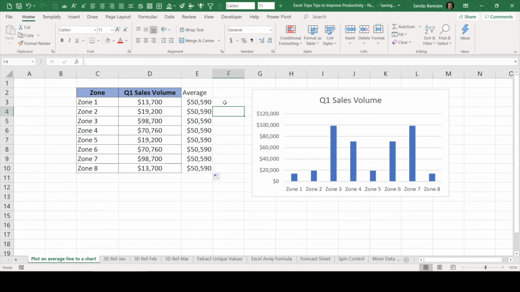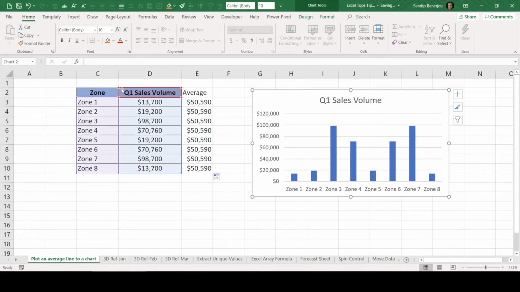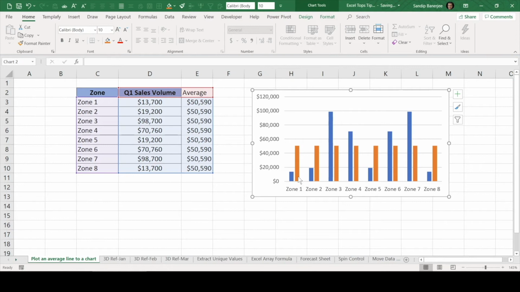Now our next step is we need to go back to our chart. We need to select that. You can see that currently this particular 2 columns are selected. And what we need to do, we just need to drag it further to this column also. So now you can see that another additional data bar got added in the existing chart, and you can see that values are same. However, we have a different requirement here.